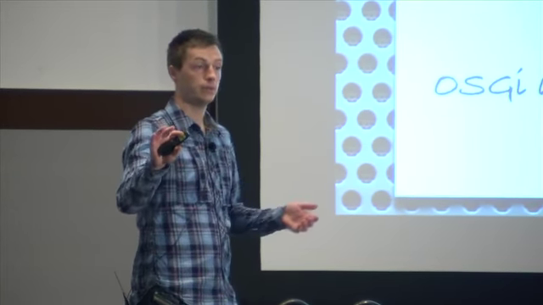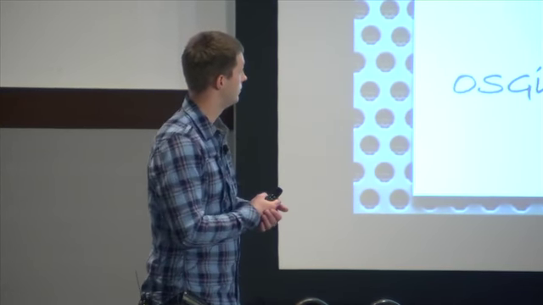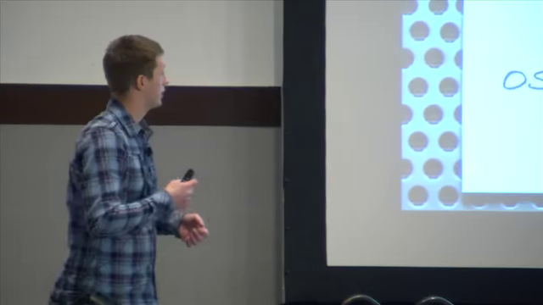The second way is a hybrid solution. I've got some code that I want to make very modular, and that's where I'm going to use OSGi. And I have some other code where transaction management and stuff like that is important, and that's where we're going to use Java EE. I'm also going to give an example of that.